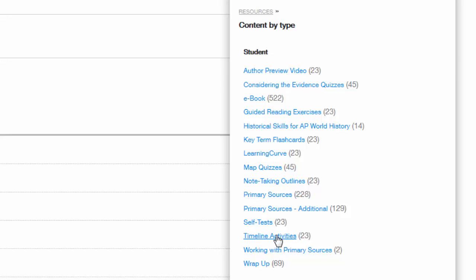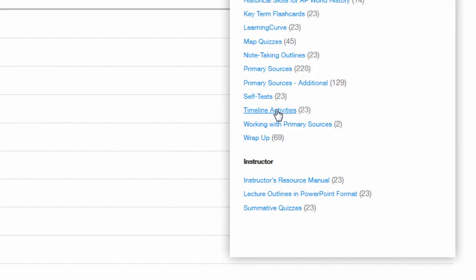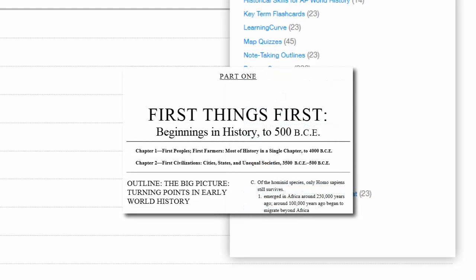From the same screen where you'll find student resources, you can scroll down to see those available to instructors. We'll now take a closer look at each. The Instructor's Resource Manual contains chapter learning objectives, part and chapter outlines, lecture strategies, suggested classroom activities, suggested discussion topics,